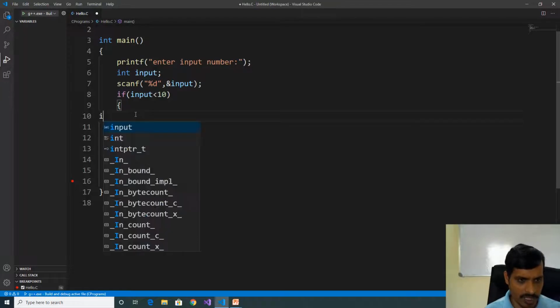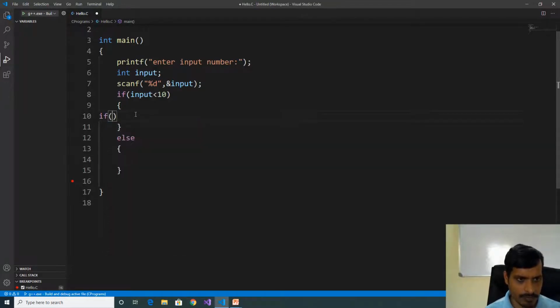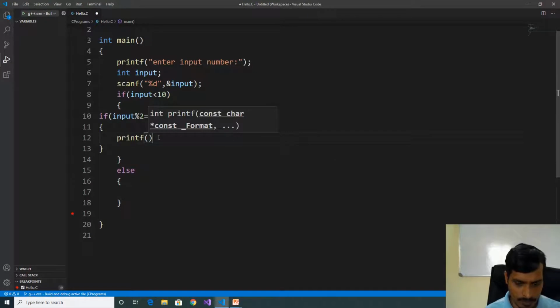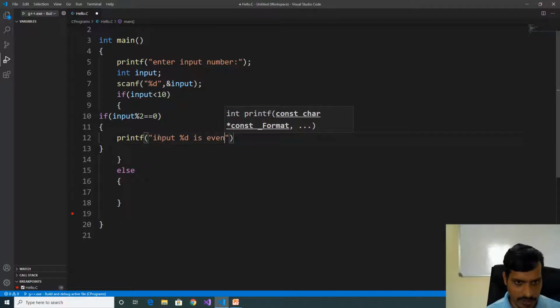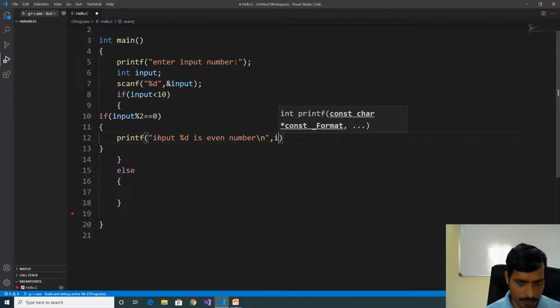Here, if input modulus 2 equal to 0, printf input percentage d is even number slash n, comma, input.